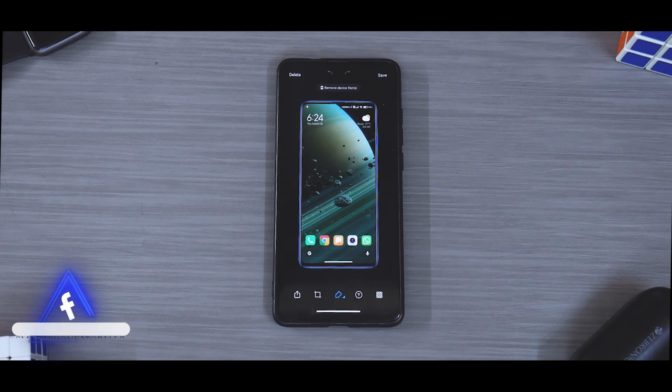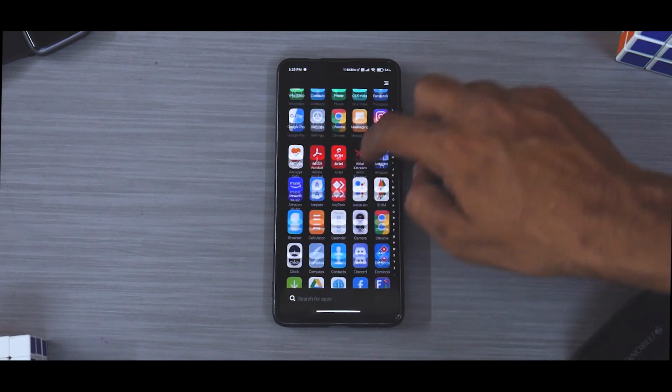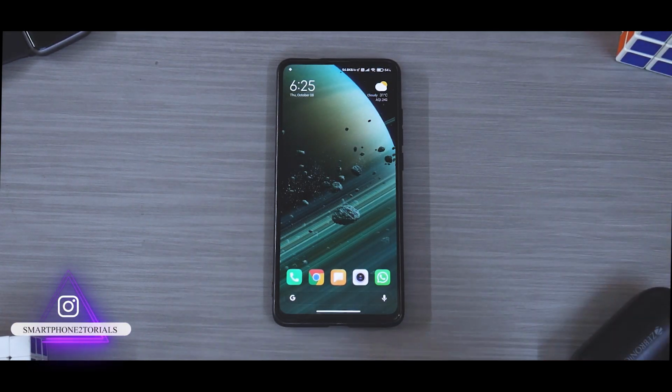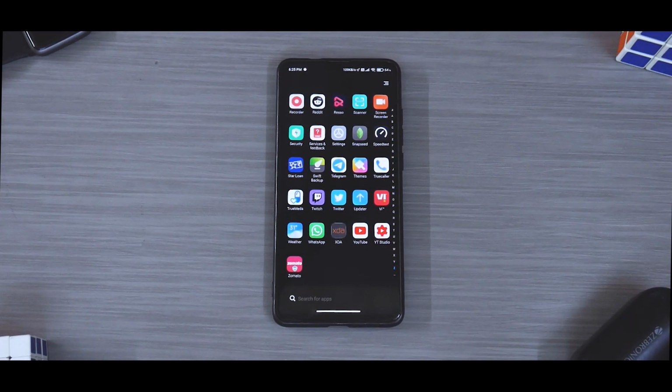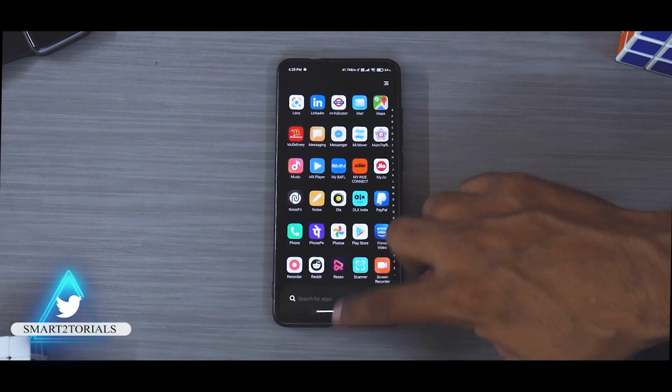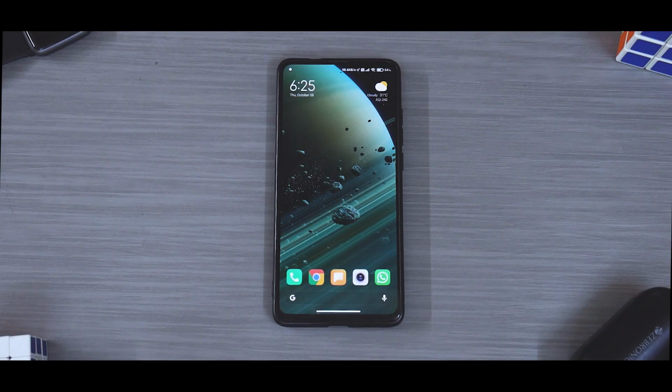Now apart from this, in the gallery option, as I mentioned, you do have the new Square filters. You can also use the new video toolbox, which has screenshot filters and stuff like that. So all those options are working just as expected, and the best part here is this is an EU based ROM. So Xiaomi.eu is a custom ROM. It is a combination of the Chinese updates with English version of applications, and the Play Store is built in. The Play services work just fine, that is the Google services, so you don't really have any Chinese applications. And compared to the stock ROM, as I mentioned earlier, it is comparatively smooth and it doesn't have any glitches like the beta versions of Xiaomi.eu.